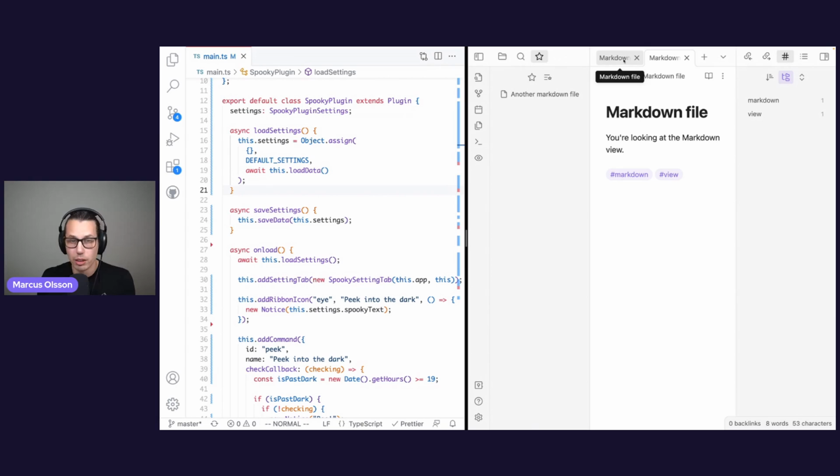Same thing here in the main area. We can switch. Let's go to another file, and you can see that there are two different files being shown. Same thing on the right side here. We can switch between all of these features in Obsidian. And in Obsidian land, these tabs are called leaves, leaf. So each of these leaves,